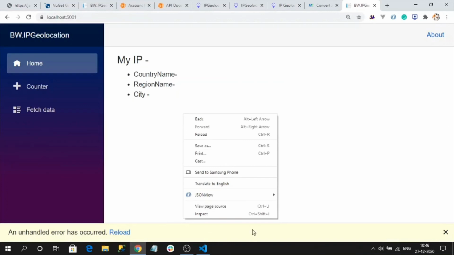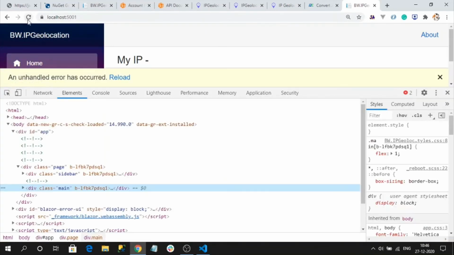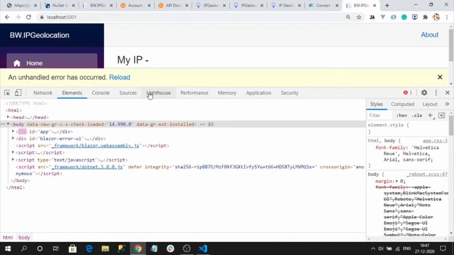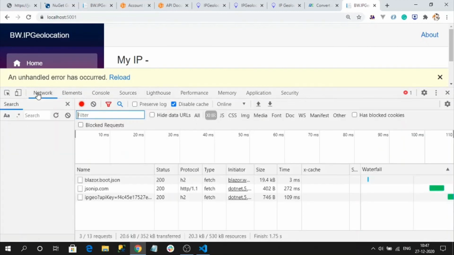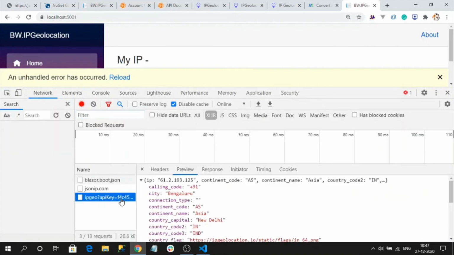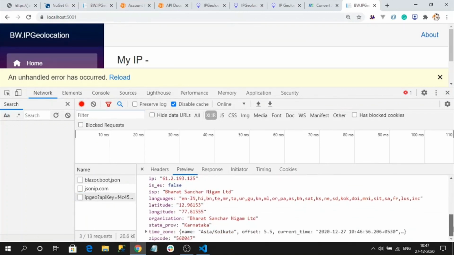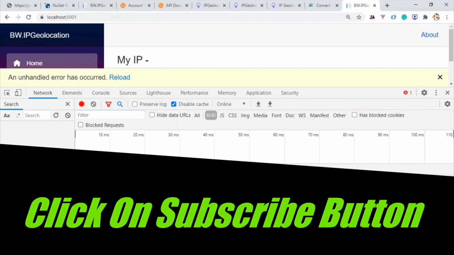Obviously it will fail because of the conversion issue, but I want to show the network call. See my new network. Here also you will get the same data only. But when I tested, the previous endpoint gives more accurate results for free also for the geolocation. But maybe for paid versions, it will be the same for both.